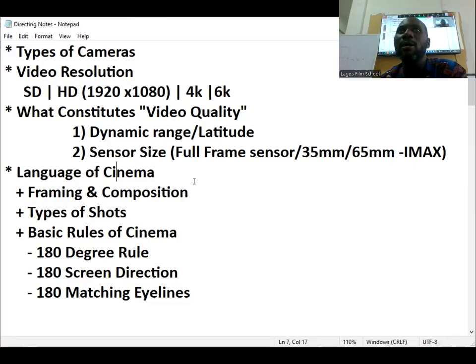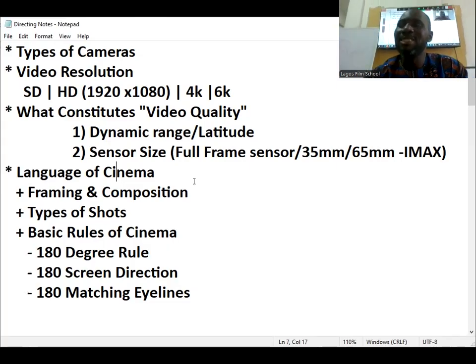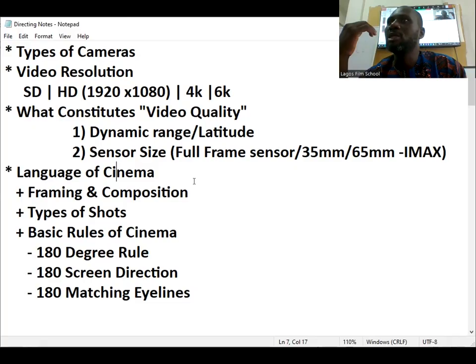In fact, Netflix has an approved list of cameras. The camera you shoot with must be within that list. If you shoot with anything else other than what is on that list, your film does not even get onto Netflix in the first instance. So the first question you want to ask is, what is the destination platform for this video? That would inform the format you shoot, the resolution you shoot, how you shoot, etc., including the budget.